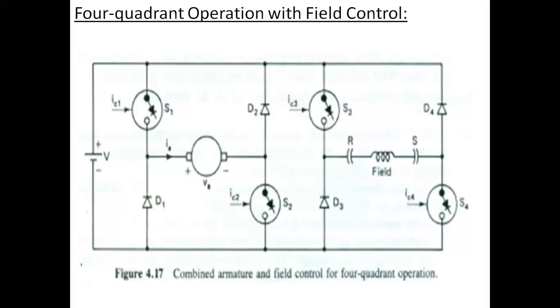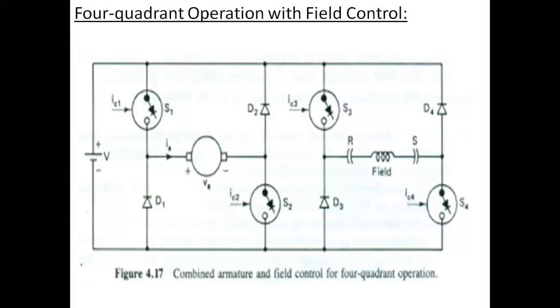Okay, so this is what we are using. Class D two quadrant chopper allows the reversal of field terminal voltage, and it forces the field current to become zero quickly. The main advantage of this circuit is that it is very low cost when compared to the class E four quadrant chopper.